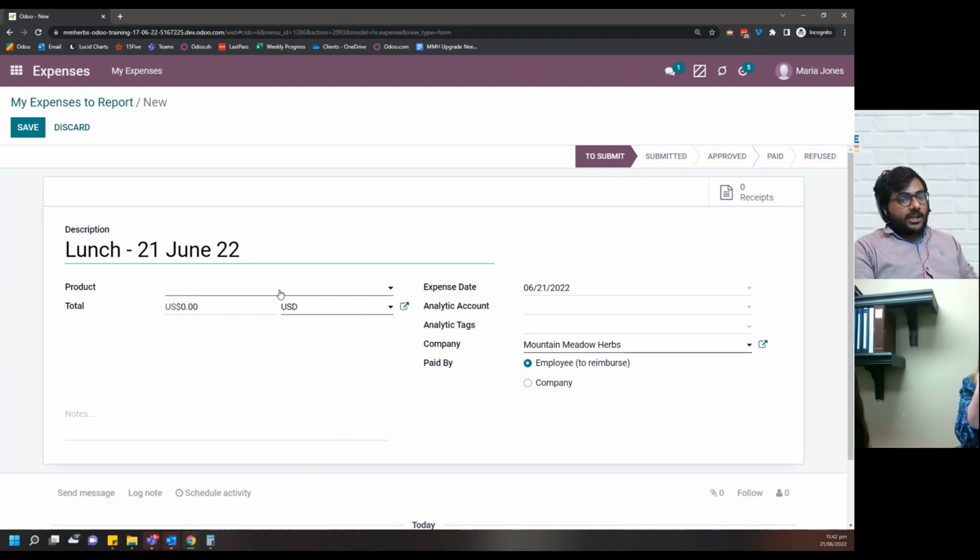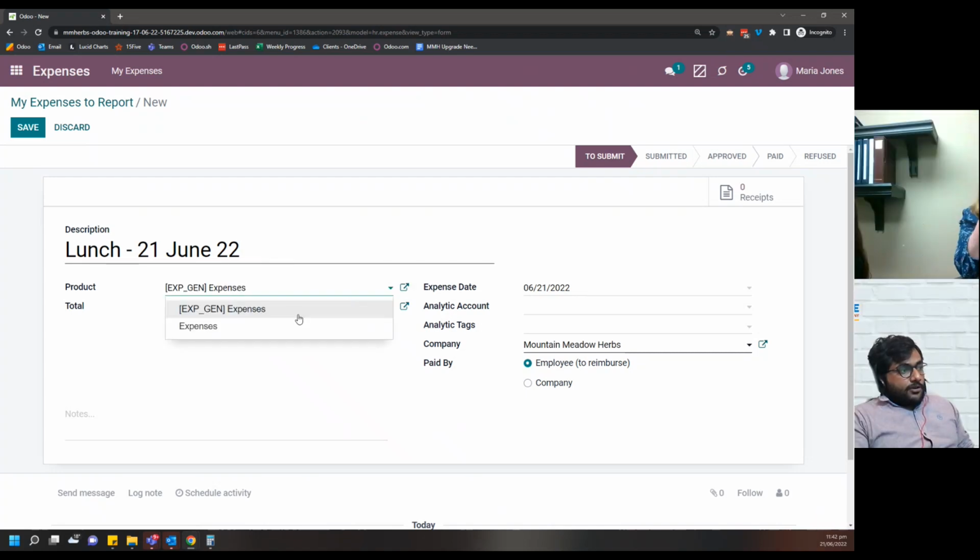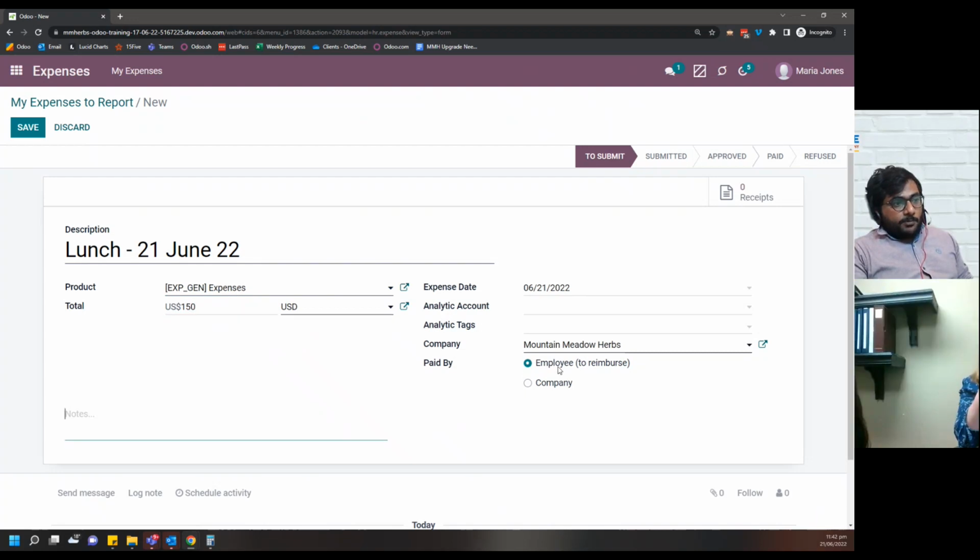That won't really be available right off the bat, but yes, it can be done. Right now standard employee access is allowed to create expenses, but if we stop that behavior, we'll have to make that change. Gotcha. Okay. So expenses, $150, and then to employee reimburse and the MMH brand